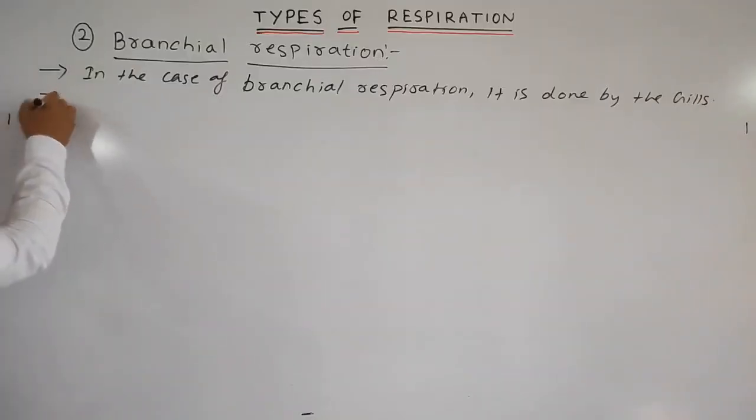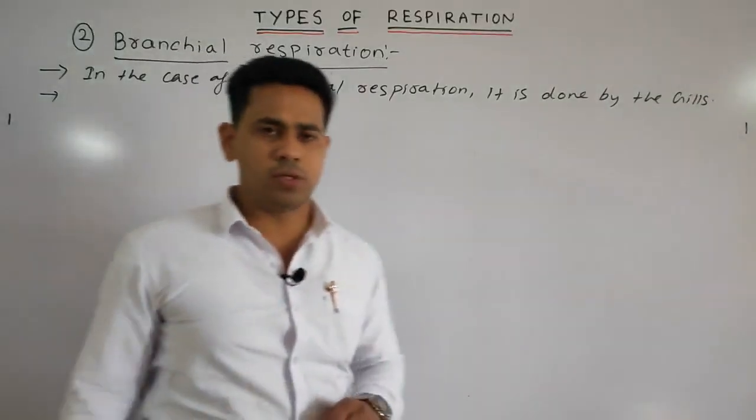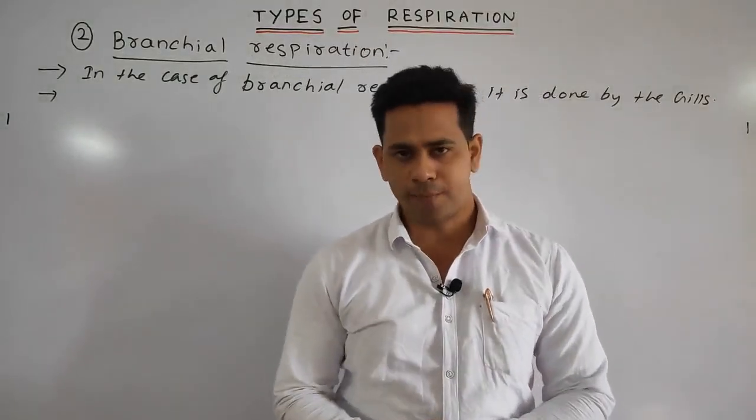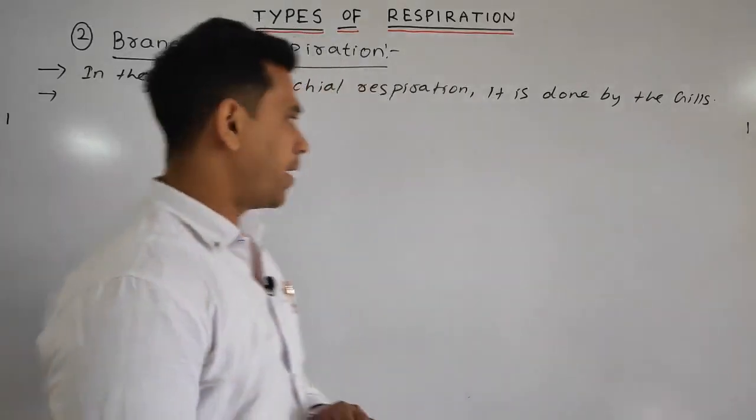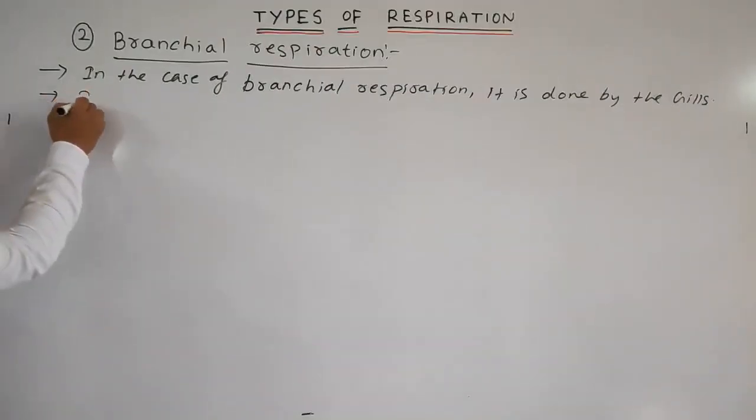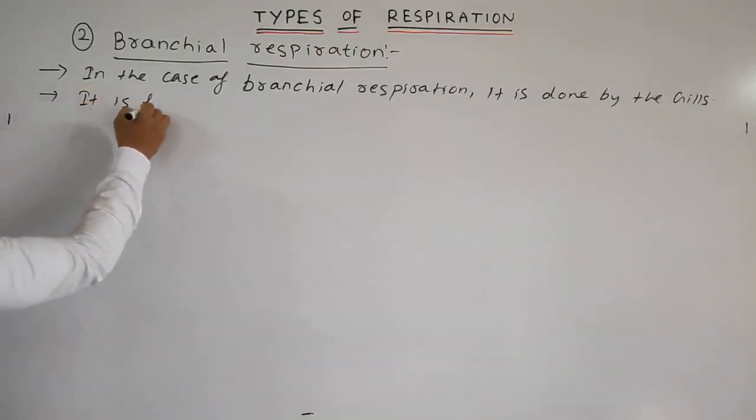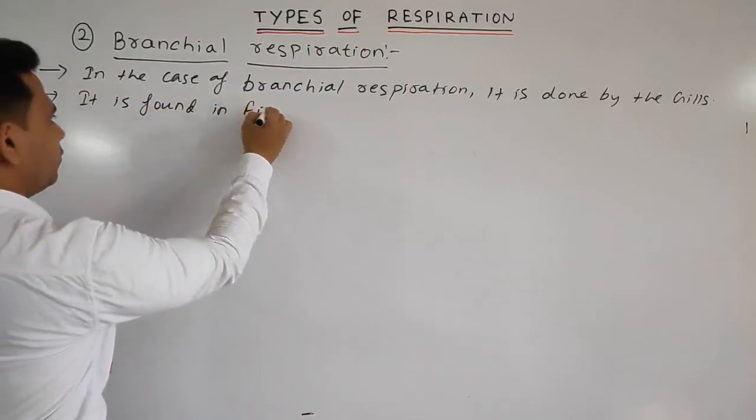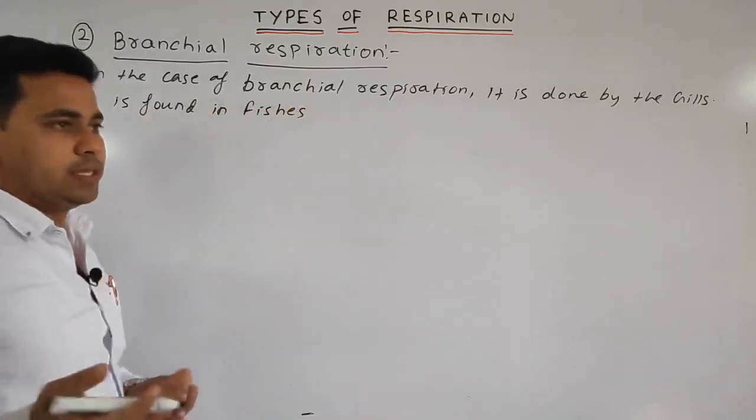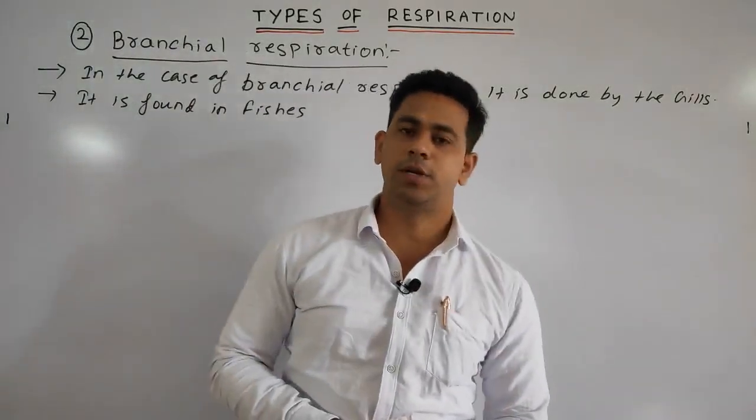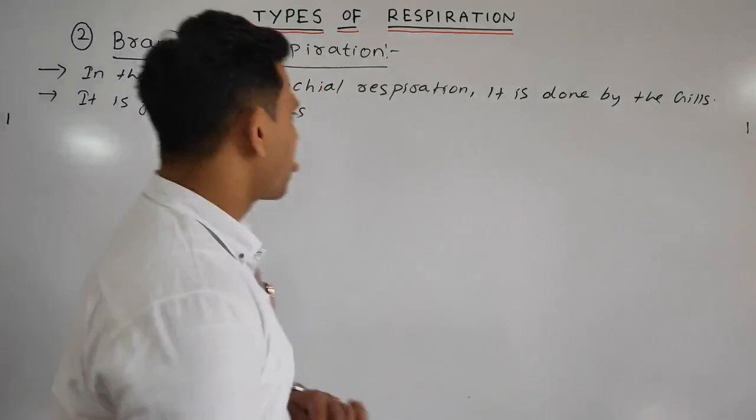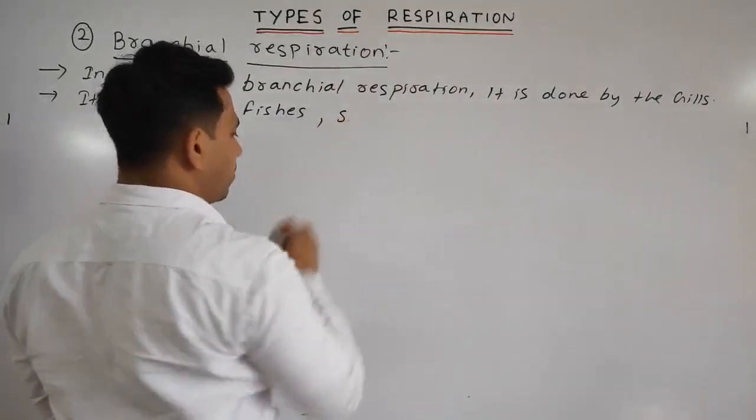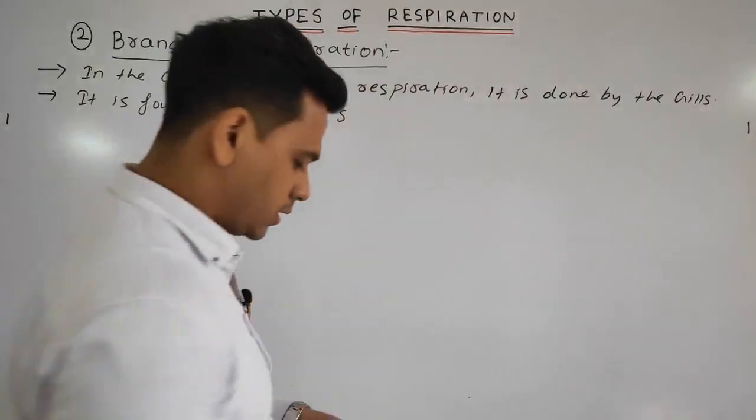Next, it is generally found in the fishes, some arthropods like prawn, some amphibia, etc. It is found, obviously, in the fishes. As we know, in the fishes, what is the respiratory organ? Yes, the gills. In fishes, it is also found in some aquatic arthropods such as prawn,